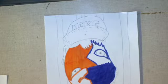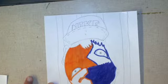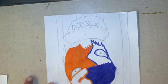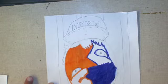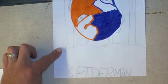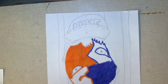And on your shirt, if you want to put like Spider-Man on, make it look like part of it is going off the paper. Because then it'll look like the shirt is big. Okay. Oh, there it is. See how it looks like it's kind of going off the paper. You can still read it. Okay. All right. Very good. Now,